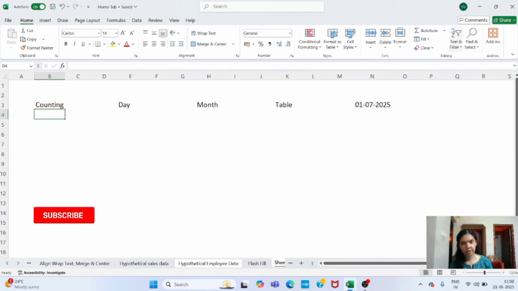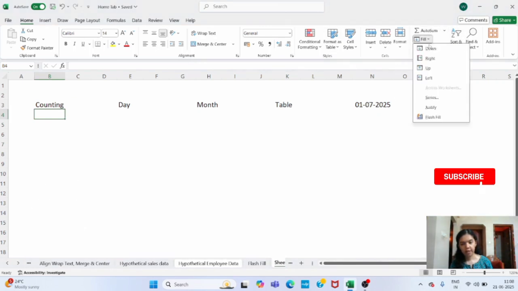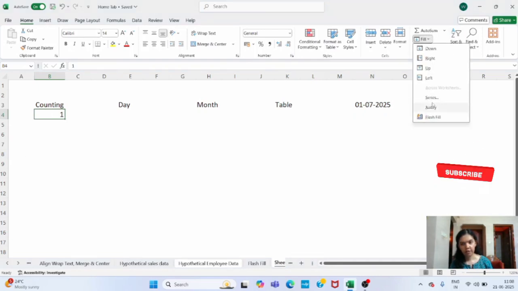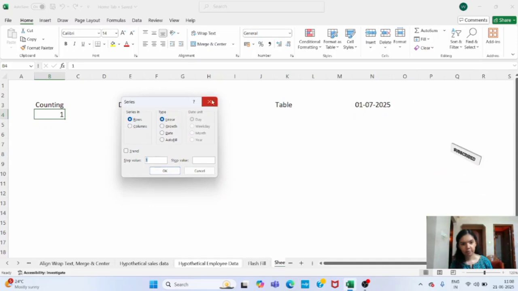So the next option that we'll be seeing is under fill we have this series option. So suppose now we want the counting from 1 to 100. So just type 1 here, then click on fill, select series.